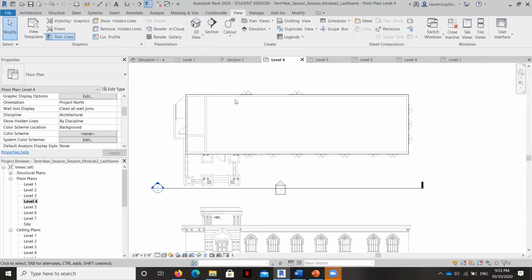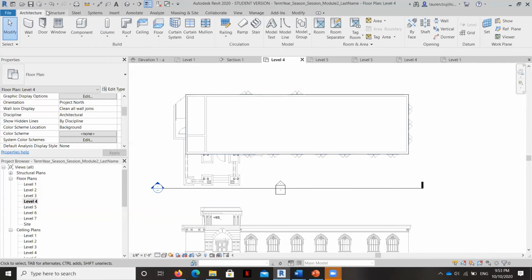And then finally, I'm going to teach you how to draw some grid lines. And again, grid lines indicate how the stress is moving through and down and around a building. This will not really be your purview as an interior designer, but I'm going to show you how to draw them so that you know and that you can recognize them in a drawing if you ever see them.